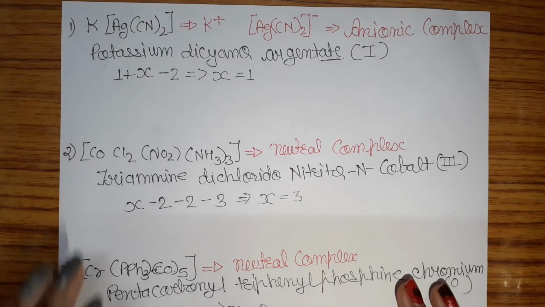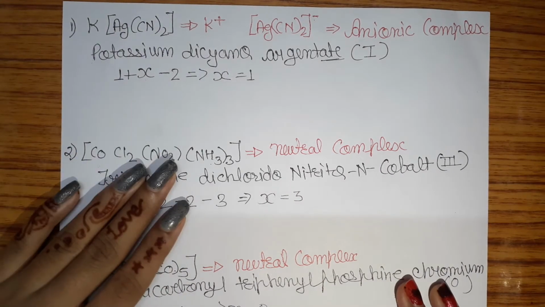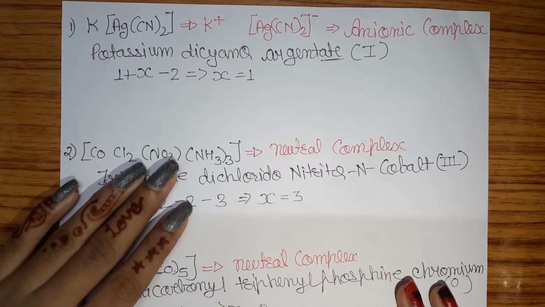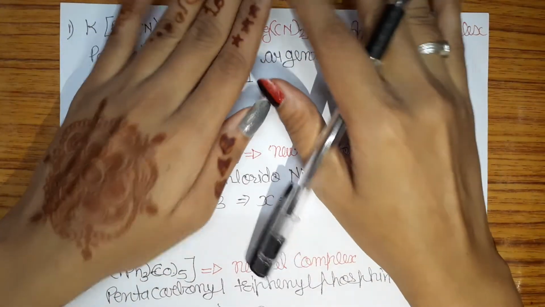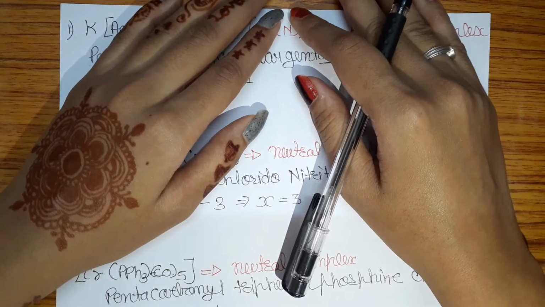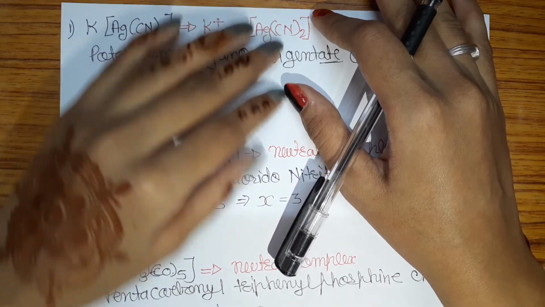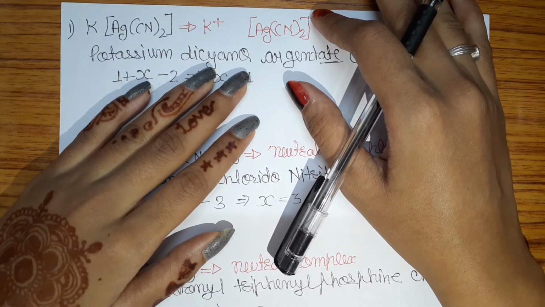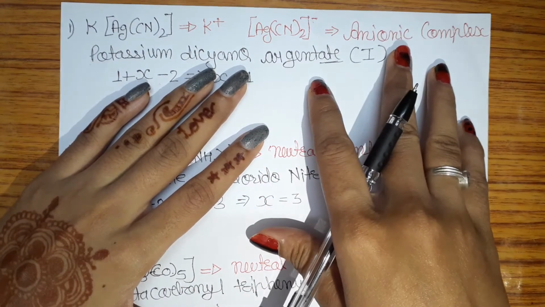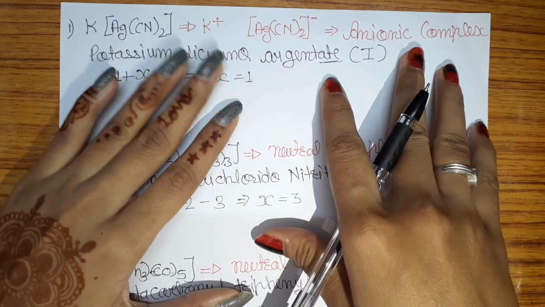Our today's topic is practicing questions on the IUPAC nomenclature of coordination compounds, as we have learned the rules of nomenclature on the whiteboard. Now we are doing only the practice questions. This is a very short video, that's why I am making it on paper. Otherwise we will always learn on the whiteboard.